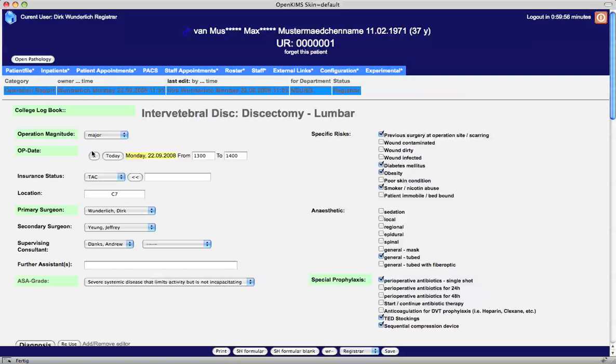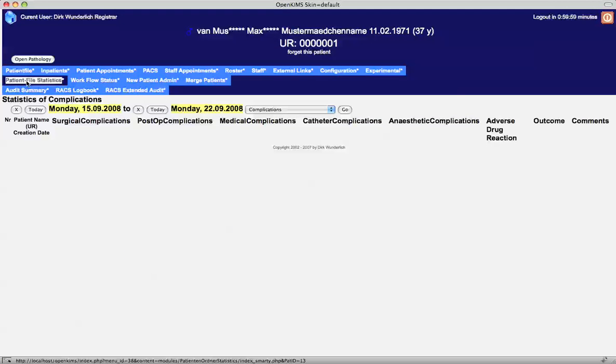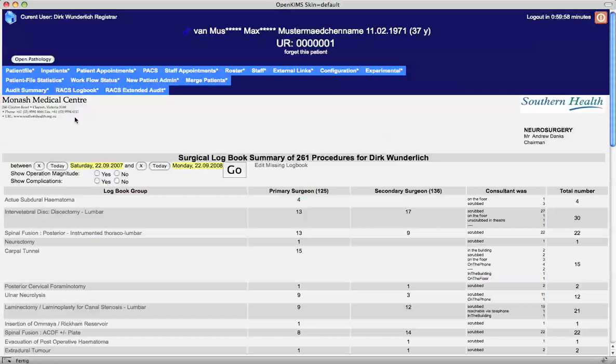This is the first thing, but how do you get your lists? This is very easy. Once you've put in all your operations this way I just showed you, click on patient file, click on patient file statistics, and then you can go to the RACS logbook. And here you would see a specified time frame, and by default